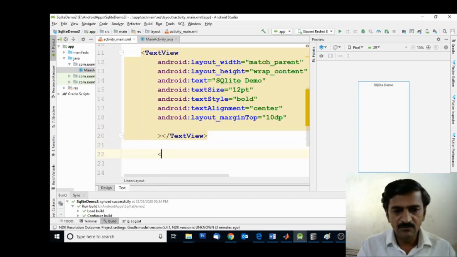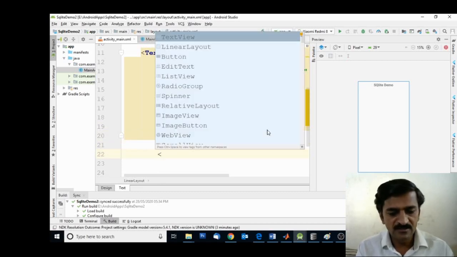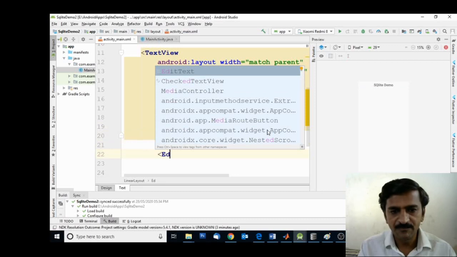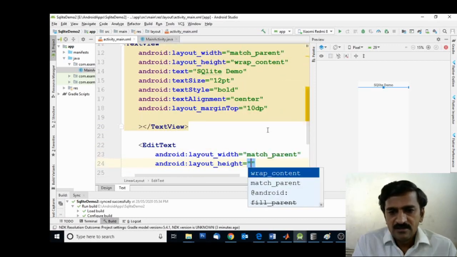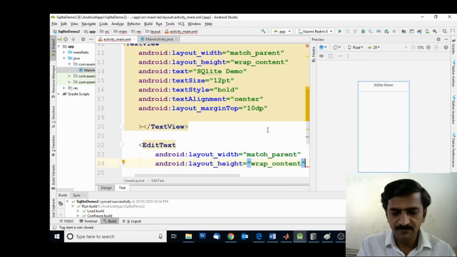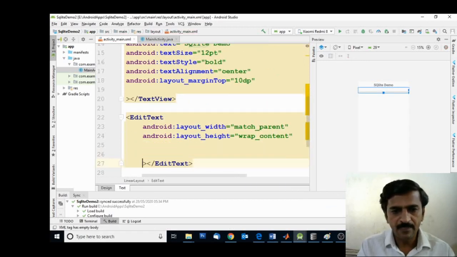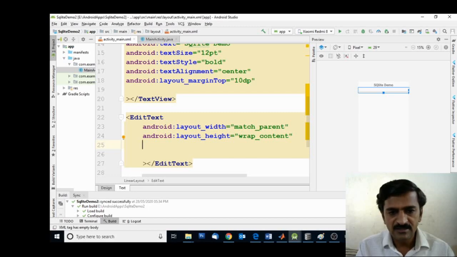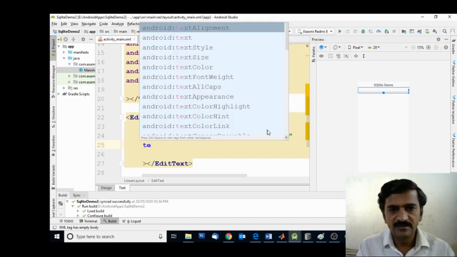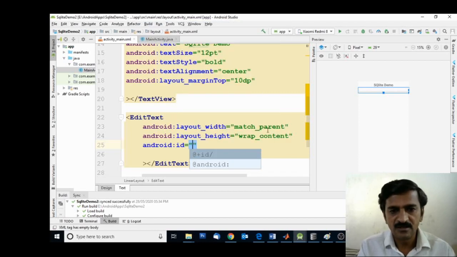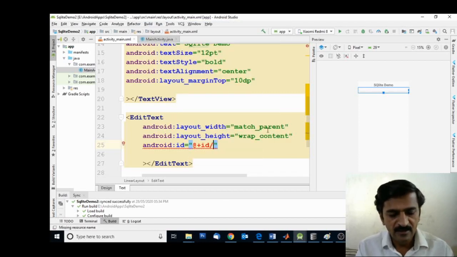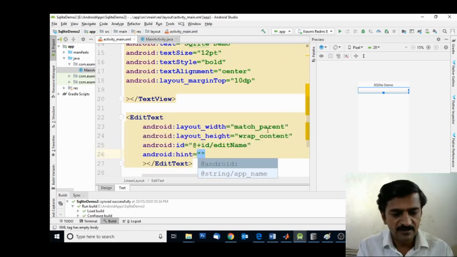So I'm going to add less than, then type edit, then select EditText, then choose match parent, then choose wrap content, press greater than. Then in between, specify the ID for this EditText, id edit name. Then I'm going to add a hint, enter name.